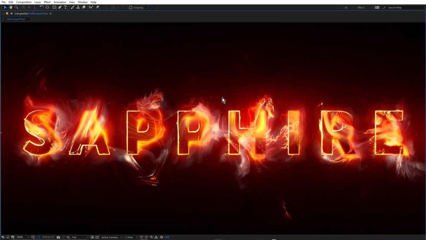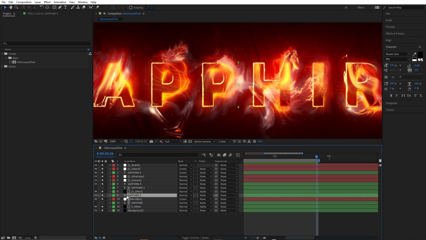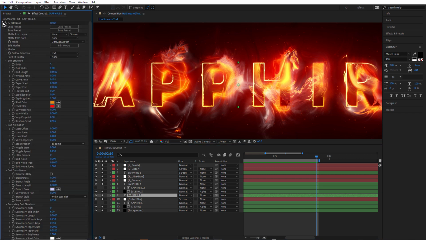Okay, so one last thing I want to mention is how to change the text in a setup like this. Normally when I'm working with text, what I like to do is create my text and then pre-compose it, and then use that in the main comp. So then when I want to change the text, I simply change it in the pre-comp and it will update in all the duplicates of that text. But in this case, that wasn't going to work because Ultra Zap has been applied to a number of these text layers. And in order to use this mode, Ultra Zap AE Path, I have to apply it to the text and not to pre-composed text.